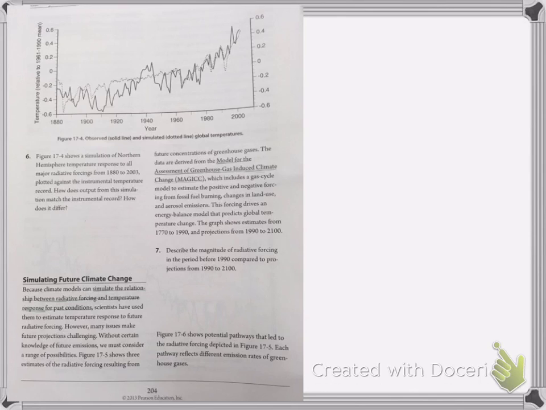And we're going to kick right off with question 17, which asks you to look at figure 17-4, which is right above, and talk about, in the Northern Hemisphere, what radiative forcing seems to have formed and how does it compare from the simulation. Above, the observed is the solid line and the simulation is the dotted line. So we have a set of two pieces of data, and they just ask you to talk about how they compare, where they are accurate, where they are a